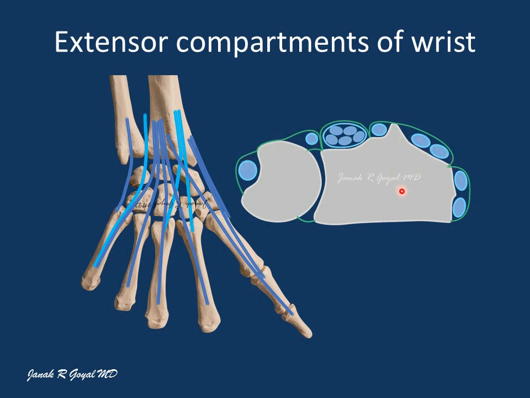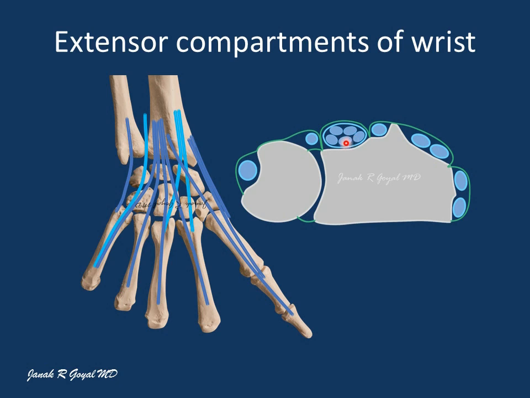From lateral to medial, compartment number 1 is occupied by abductor pollicis longus and extensor pollicis brevis tendons, and compartment 2 by the extensor carpi radialis longus and extensor carpi radialis brevis. Compartment number 3 is occupied by extensor pollicis longus and is separated from compartment 2 by a bony landmark called Lister's tubercle, and compartment number 4 is occupied by extensor digitorum and extensor indicis, and the